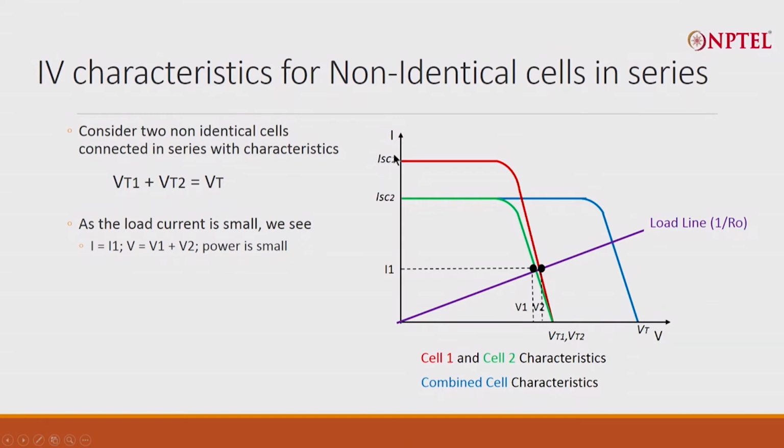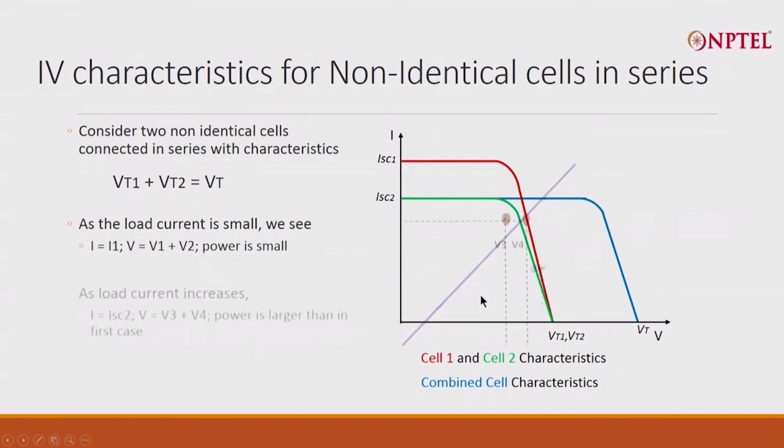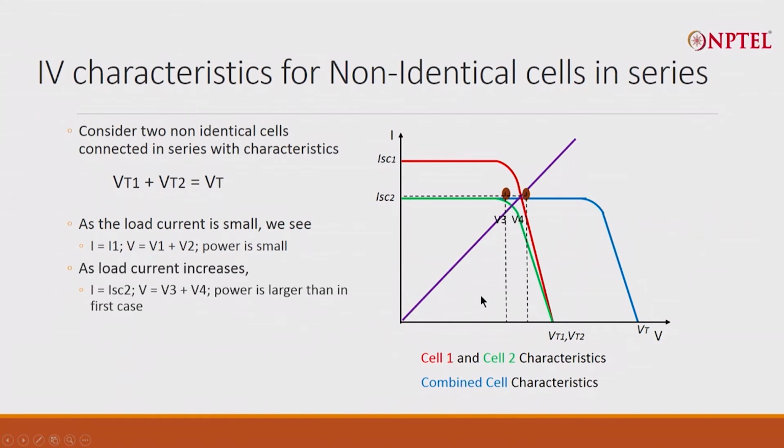So, if you see, this cell is operating at a very low current. Okay. Now, let me take another load line. Suppose I increase my resistance. Now, this is operating close to maximum power point, because this is the current that is going to flow. This is operating at another power point. So, this is what you will get,